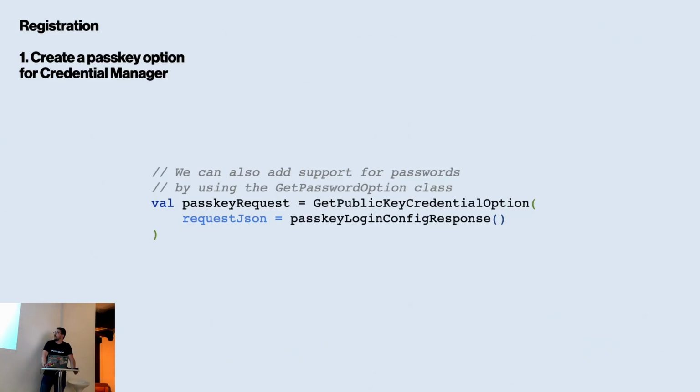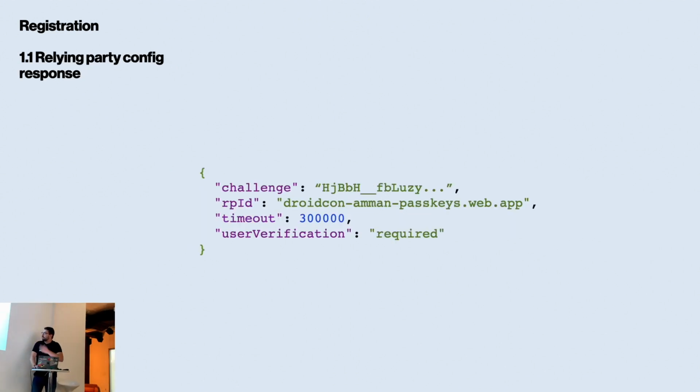And that's it. How does it look within the code? Again, you have some kind of a passkey login config response, whatever else that you're going to be getting from the server initially. That's the challenge that you're going to be feeding into the credential manager. This challenge is relatively simple. I did this presentation for DroidCon, so that's why it's left here. The thing is that it has to have a process ID or some kind of a relying party ID of that web service or that server that you have been registered to.